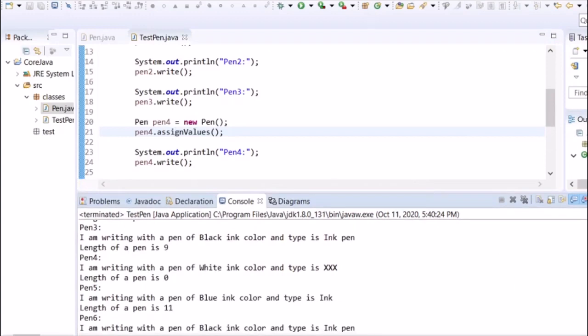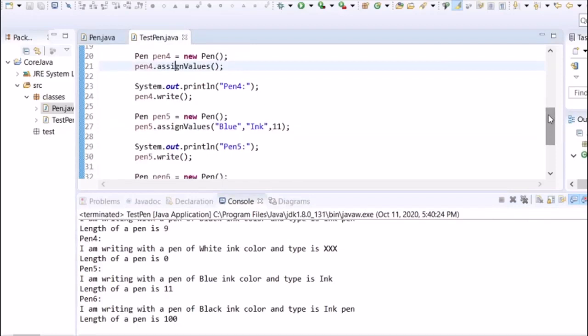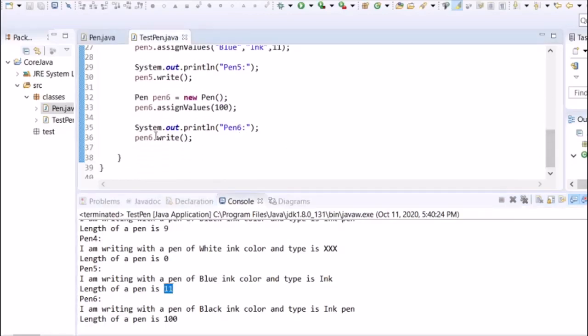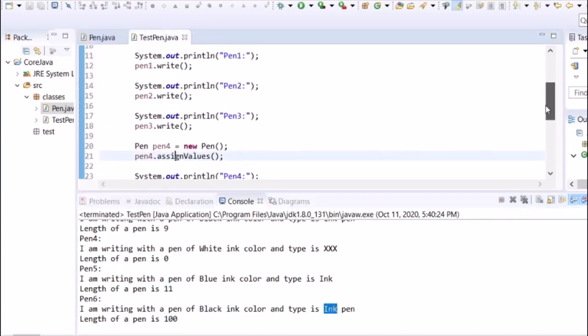For pen P5, it should be blue ink with 11 as length. Blue ink and length is 11. And for pen P6, the length is 100, and the default values, that is black and ink pen, will be assigned.